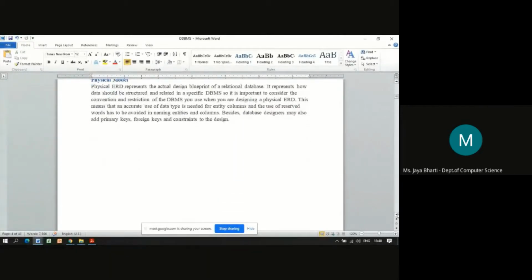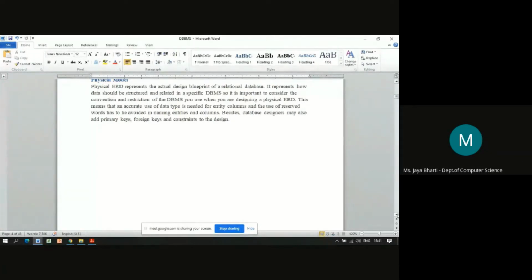So these are the different schemas or models in the database management system. Remember, database management system, not distributed. These are the general levels of data models used in the database management system: physical, conceptual, and logical.